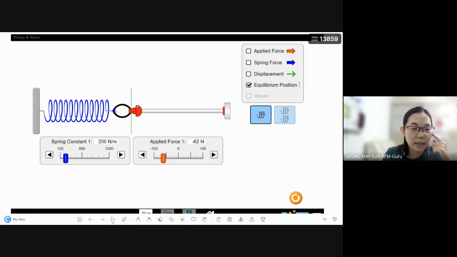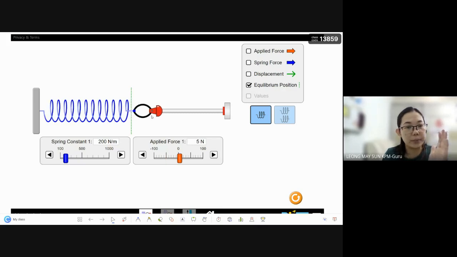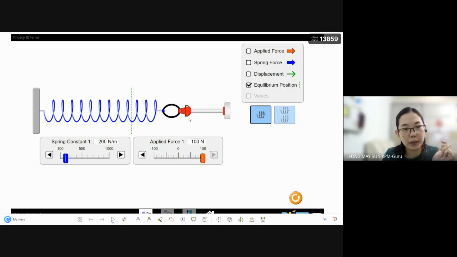When this is compressed, all these molecules will be pushed closer together compared to the normal position. So when the force of compression is removed, that is how the spring can get back to its original position. But when you pull it, extend it, as long as the elastic limit is not exceeded,